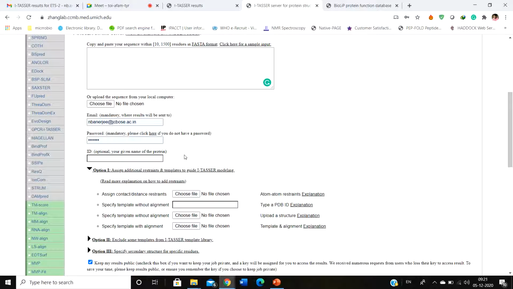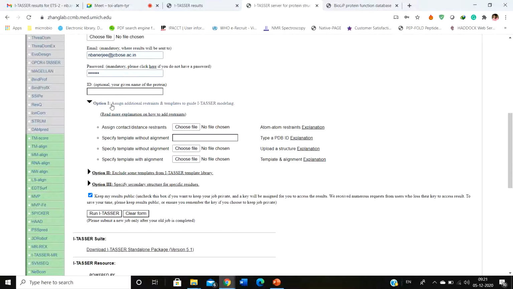So when you know that it is an HSP from bacteria, you can obviously use the template from the bacteria, and you can upload the template. You can specify the template because you know that this particular template is your template, so you don't need to perform the alignment. But if you only know that these two proteins have similar function, it might be an HSP60, then you have to do the template with alignment, because the alignment will specifically tell you whether it is an HSP60 or not, whether it is a homolog or not.